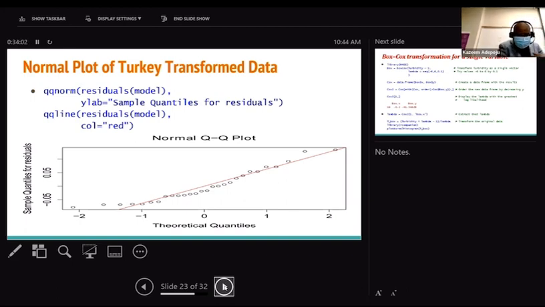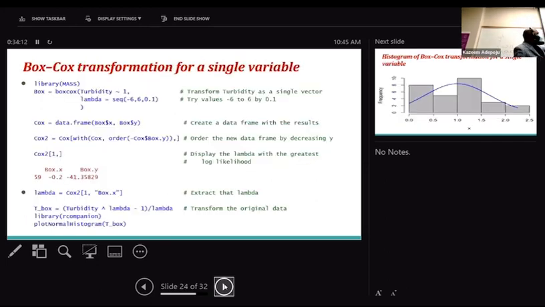Reach out to me. Okay, now that is going to be the end of the Tukey way of transforming data, but we have another way of transforming data. I want to talk about Box-Cox transformation. Whether you use a square root transformation, a cubic root transformation, a Box-Cox transformation, or a Tukey transformation, all we're looking for is a way to make sure that